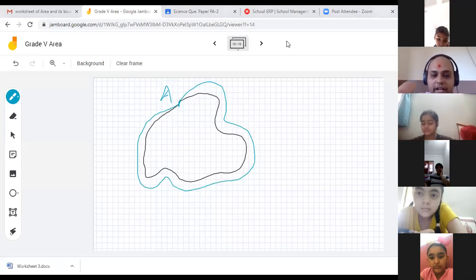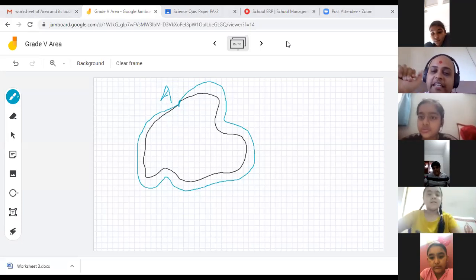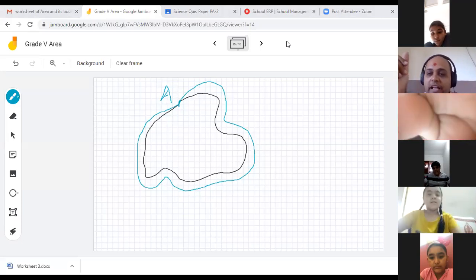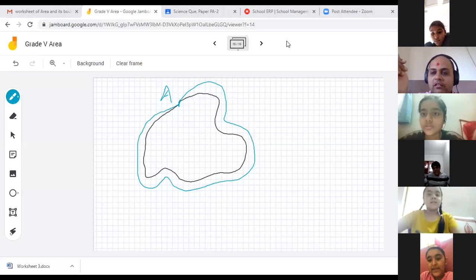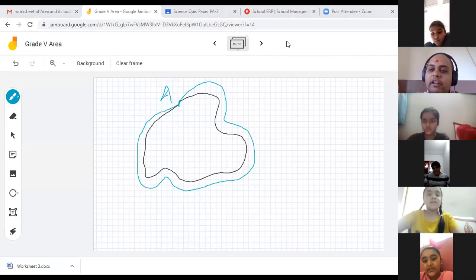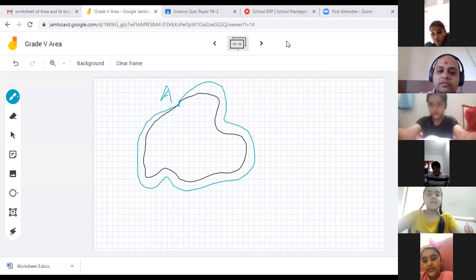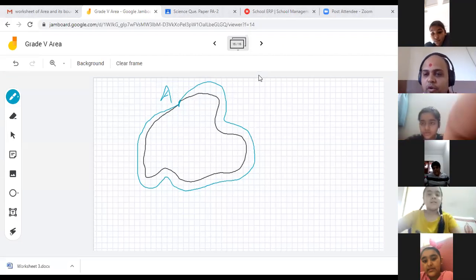Okay, right? What is the formula of shape? For shape there is no formula, right? And how do you find area? Dhruvi, 8 divided by 2, beta, divide by 2. If you do it divide by 2, what will be the answer? Okay, no, you don't have to write this one.